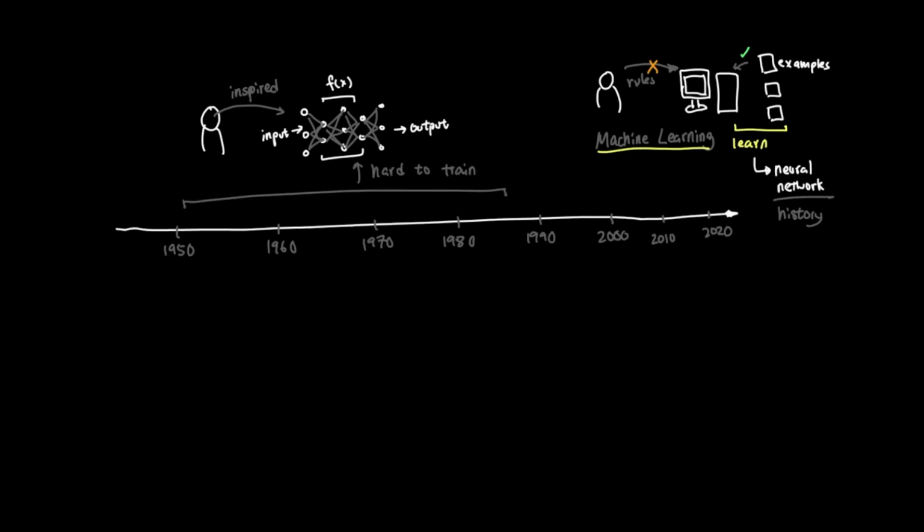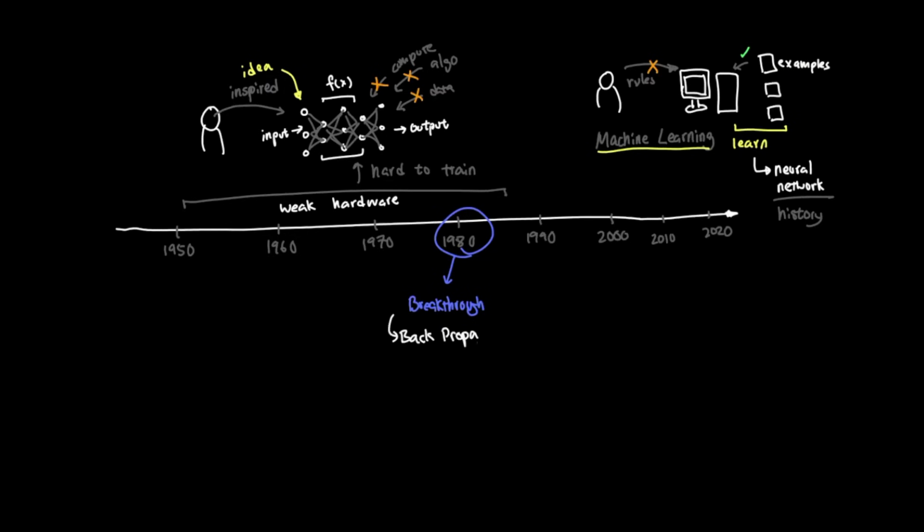But for a long time, neural networks were hard to train. The hardware was really weak, and the models were too small to do anything truly impressive. The idea was powerful, but the world did not yet have the right combination of algorithms, data, and compute to actually make it work at scale. One major breakthrough came around the 1980s when backpropagation became popularized. Backpropagation gave neural networks a practical way to trace errors backwards through the network and update the weights. In simpler terms, the model could make a prediction, measure how wrong it was, and adjust itself to be less wrong next time. Even then, neural networks did not immediately take over the world.